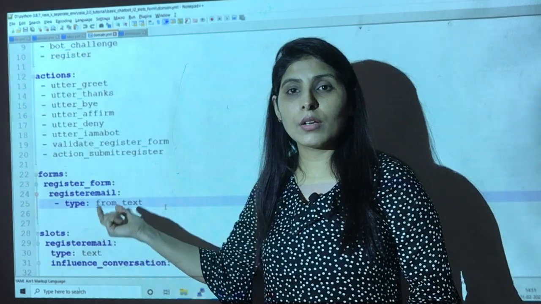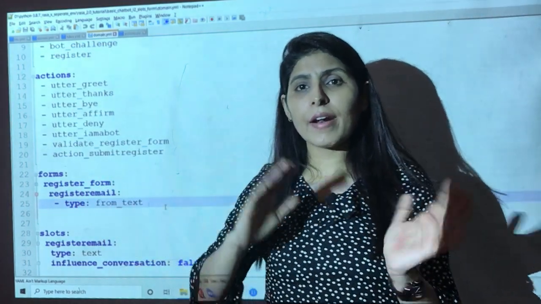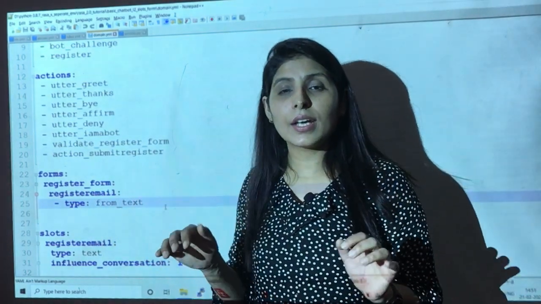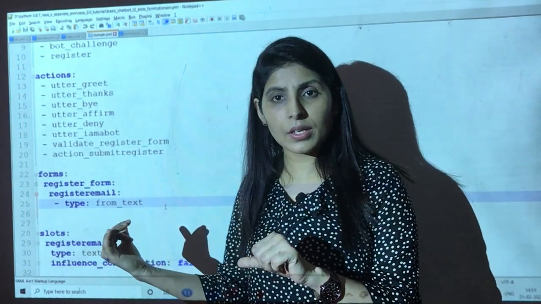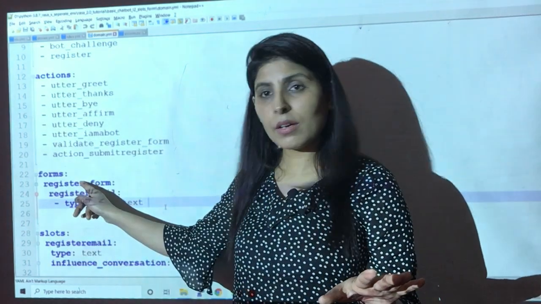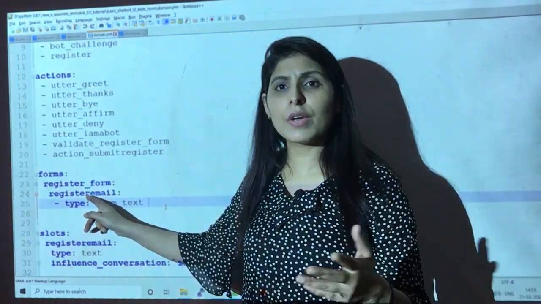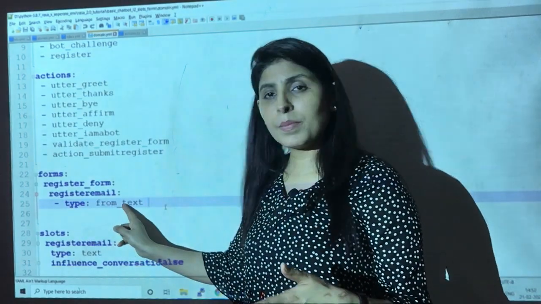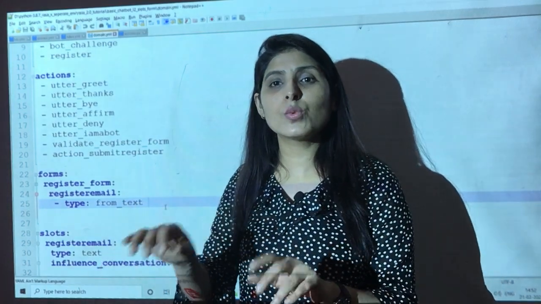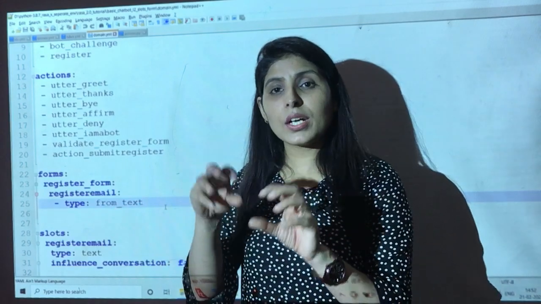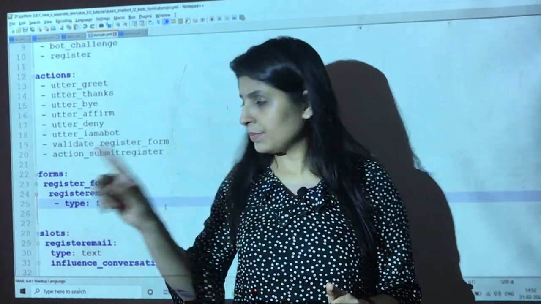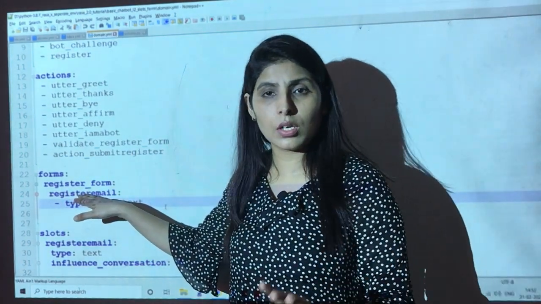Type means what kind of data this form will get. There are different ways of getting data, but today we are getting data in the form of text. We will discuss this later; just understand this for today. We are creating a form, and under that form we have one column where we want to store this data. So the type is the type of data we are going to store in it. We are taking that data from text only, the text which the user types in the chatbot. This is the form with a single record, because we want to store email only.